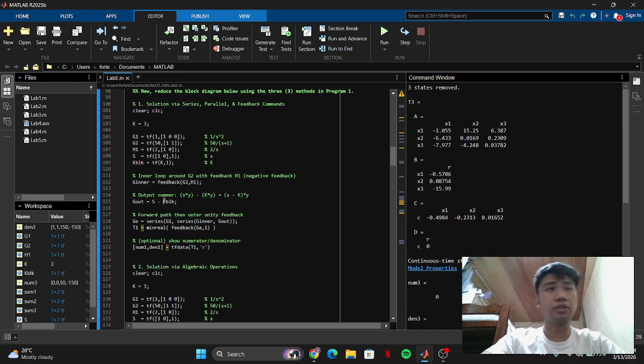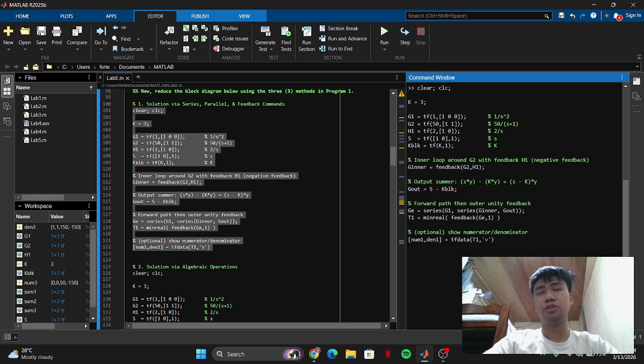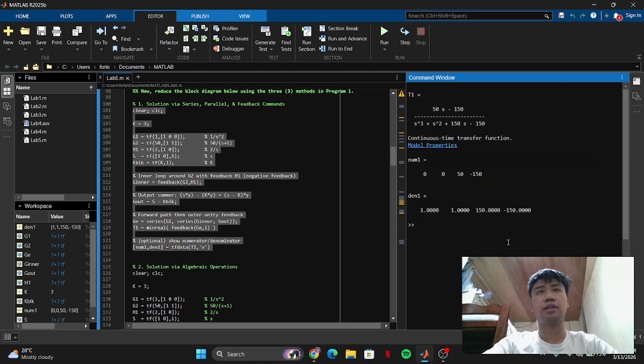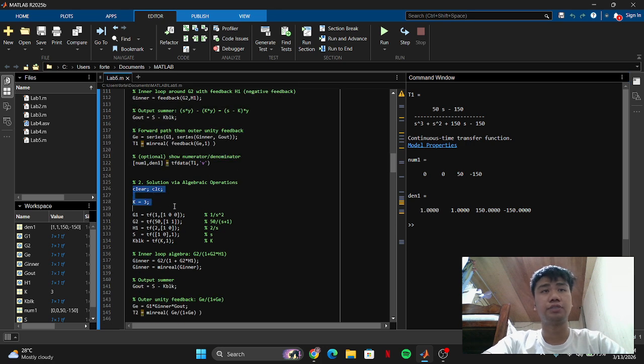Seems to have removed. So let's just run first the solution via series, parallel, and feedback commands. Using k is equals to 3 since that is my seat, or 13 is my seat number.